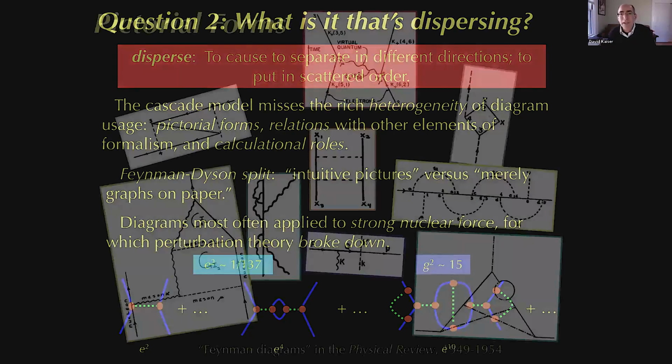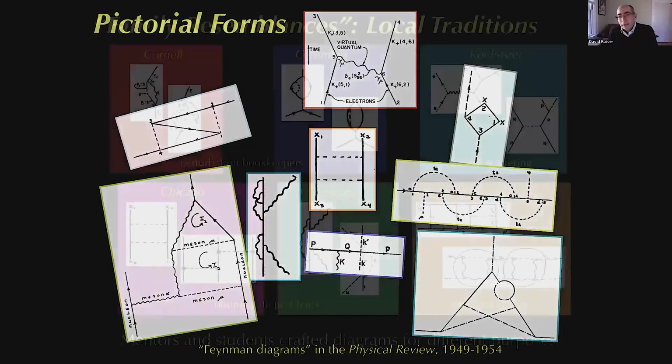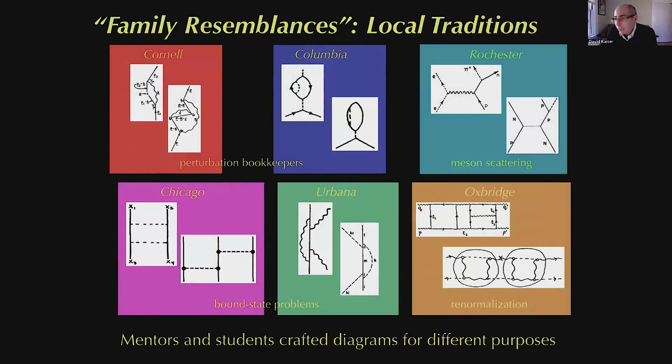That is pretty strange. So that leads to this kind of real explosion in how people adapted the diagrams, often even just the pictorial form of the diagrams themselves, because they weren't just doing one cookie cutter thing. They weren't all doing Feynman Dyson perturbation theory for electromagnetism. They were mostly applying it to nuclear forces. You can't just do the same trick for nuclear forces because the coupling constant is so large, but people still found useful things. So the diagrams are taking off exponentially, even though they're applying them to new and different kinds of applications. So this looks kind of scattershot. It's meant to be scattershot. We begin to get some order once we come back to asking about who knew whom.